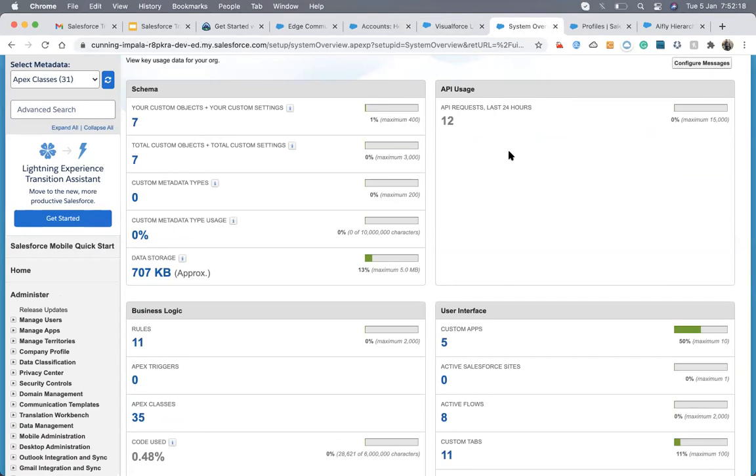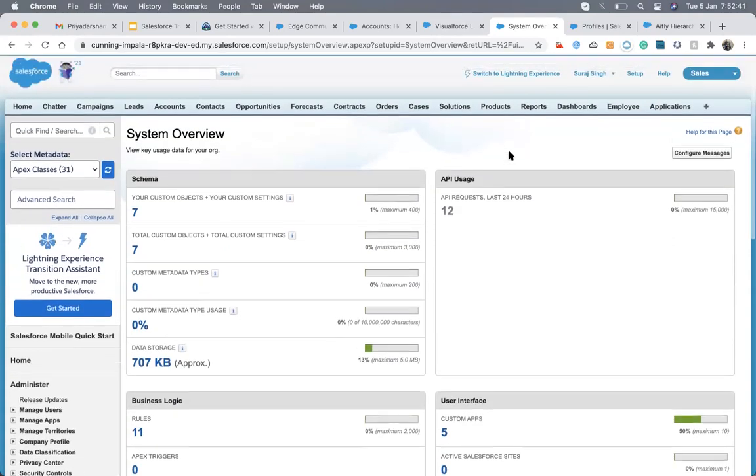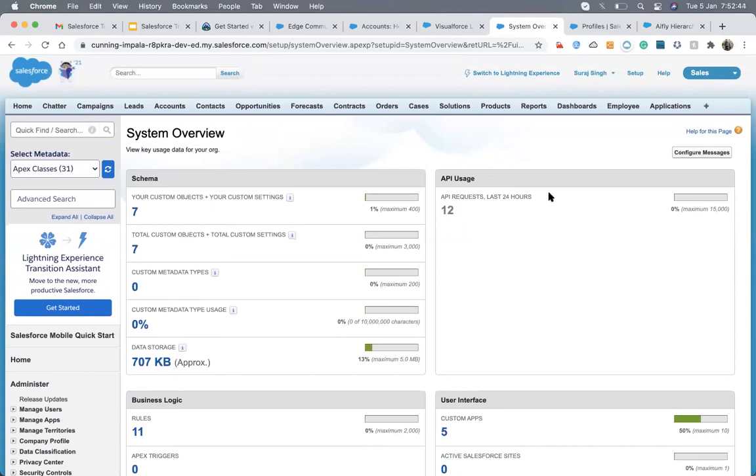So you can go and talk with that person to enhance the limit, but they will not enhance it for a developer account. That is an important thing, because you can't enhance any limit on the developer account. They will not hear you, and they will ignore your email.